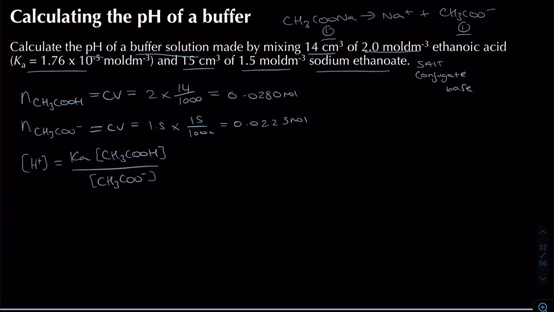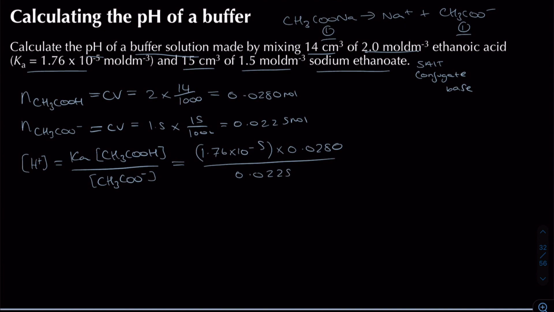If I were to divide by the same volume at the top and at the bottom, the volume terms will actually cancel, and so what I end up doing is just putting the numbers of moles in, and this is the only time where this actually works. So I'm going to do the Ka value, which is 1.76 times 10 to the power of minus 5, times the concentration of my acid, which in this case is 0.0280 moles, divided by the concentration of my conjugate base, my salt, my ethanoate ions, which in this case is